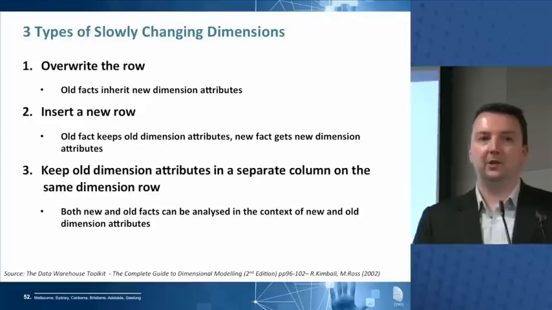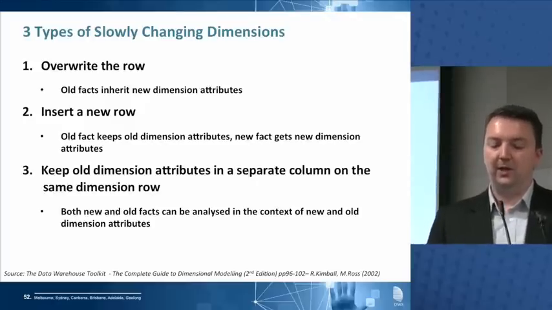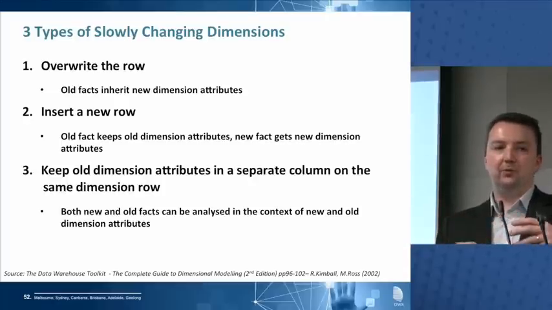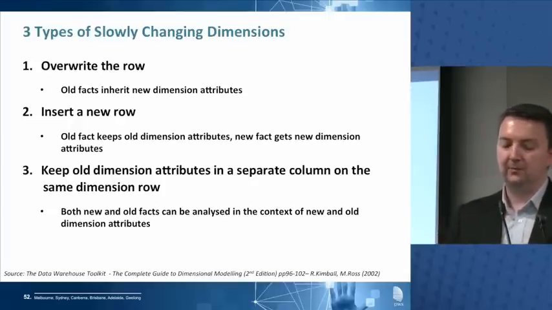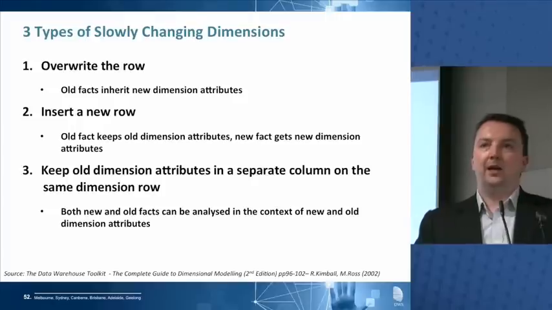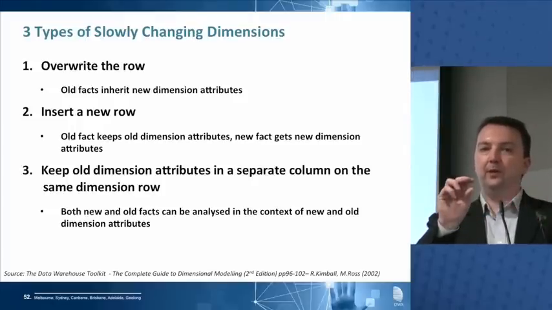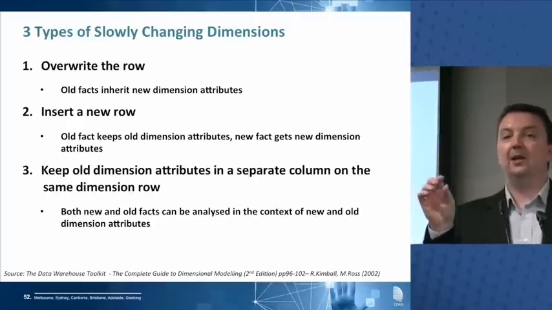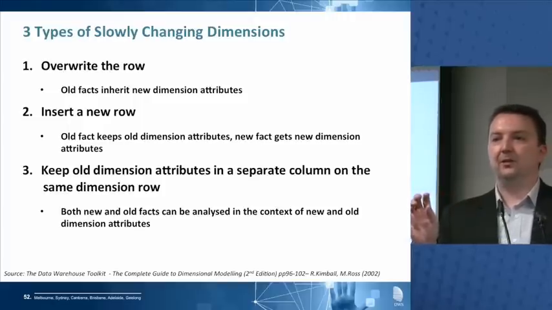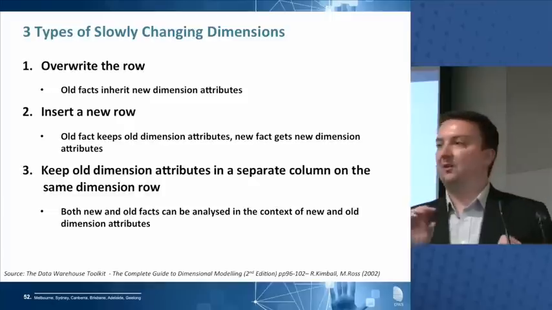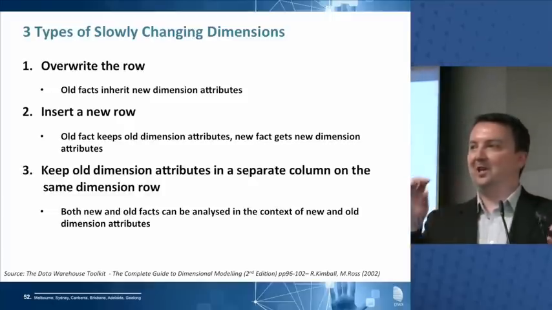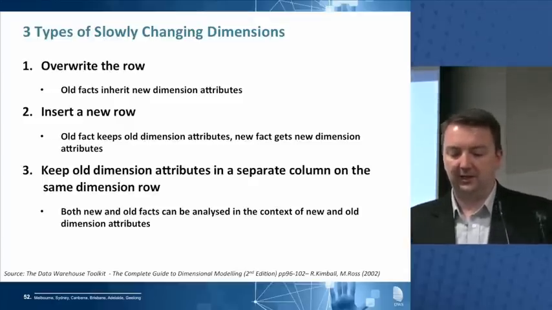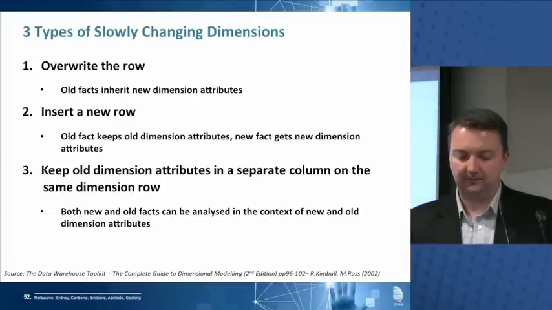If that's the functionality that you want, then that's what you do. We call that Type 1. Type 2, I just described, is insert a new row. We're interested in tracking new facts against new attributes, so we insert a new row in the dimension table. That's Type 2. Type 3 you don't see as much of. We only keep 1 row for the customer, but we keep old and new attributes of the customer as separate columns in that row. It's really hard to extend that model, because what if it changes 5 times? I've got to keep on adding new columns to the table. So it's only useful in some very special circumstances.